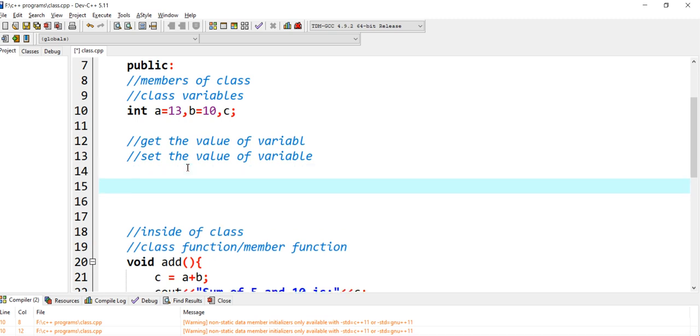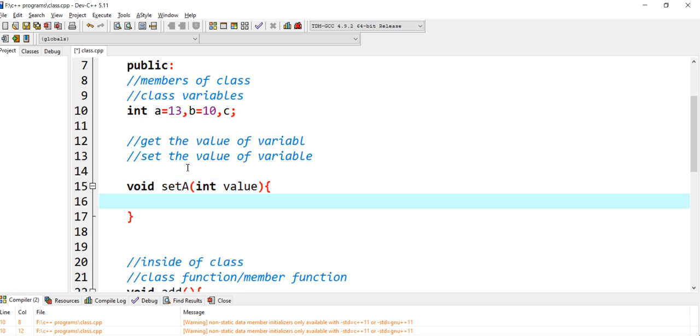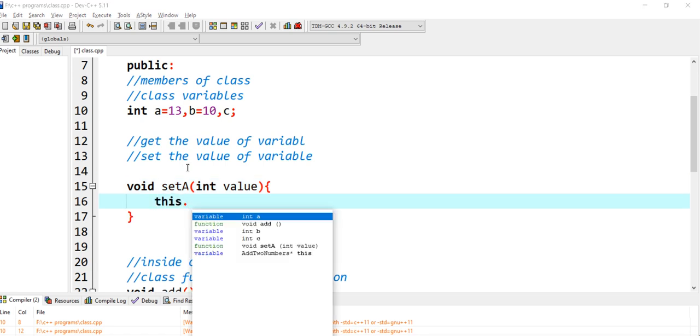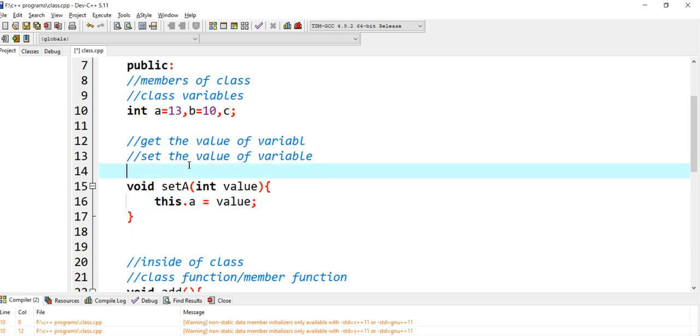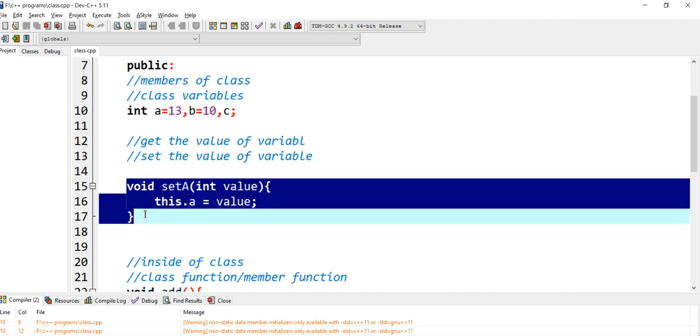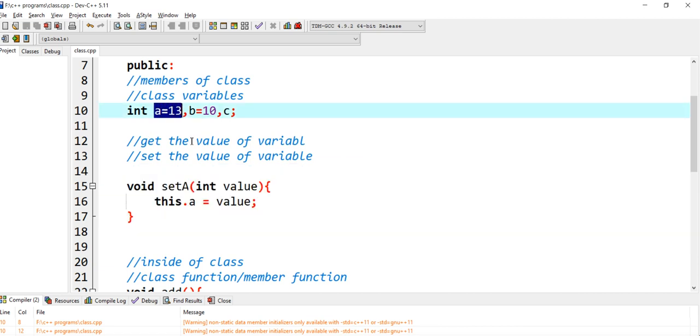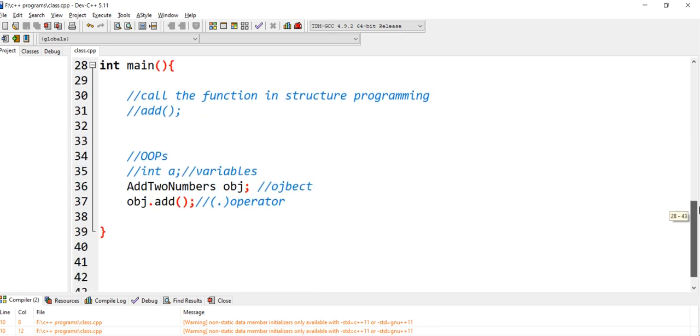We can simply use a function void set a, and inside this I will ask for a value, the value you need to update. Let's take value as the variable, and inside this I will write this dot a is equal to value. This is a function especially designed for the variable a. I want to change the value of a to 13 when I call it from here.